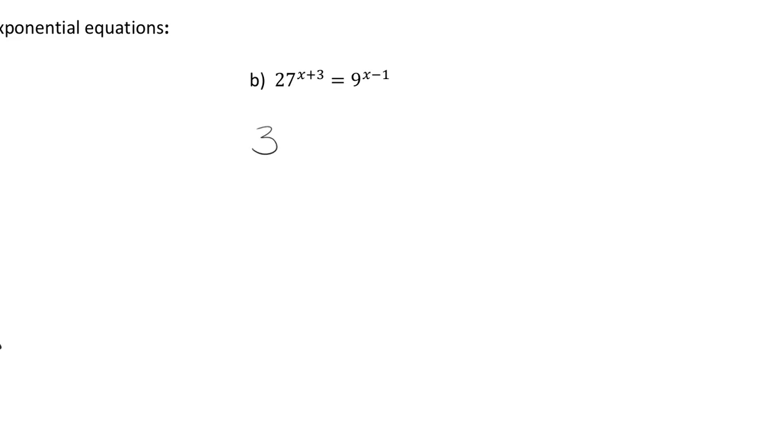3 to the third power is 27. So this would be like 3 to the third power, still multiplied by that power that was originally there. How could I rewrite the base of 9? 3 to the second power. Now that the bases are the same, notice I left the extra stuff there, right? Now that the bases are the same, we just take the exponents and set the exponents equal to each other, because if those bases are equal to each other, then that means the exponents also have to be equal to each other. For this particular one, it does require us to distribute, and then we will combine our like terms,